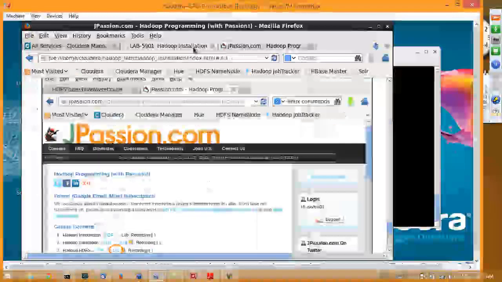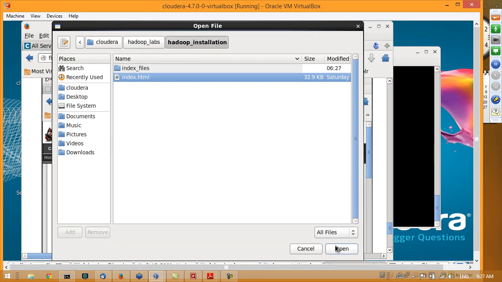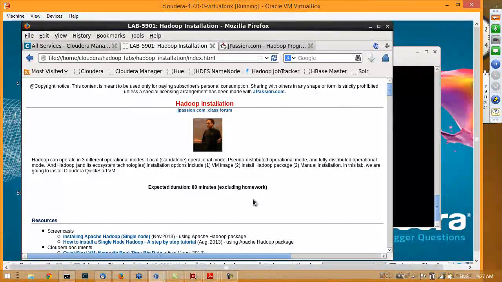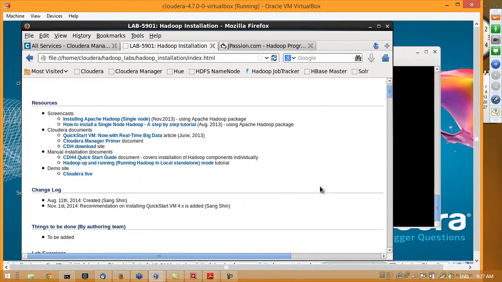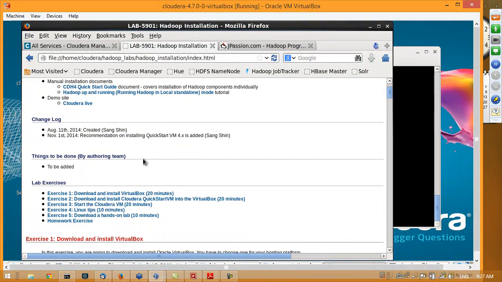Basically, what I've done is I go to Control O, and you go to Hadoop labs, and there is an index.html file in the Hadoop installation, and you just open it, and that's the lab documentation. You can open it within VirtualBox, but exercises 1 and 2 are steps that you have to do in your host operating system, and exercises 3, 4, and 5 are things that you have to do within VirtualBox. Okay. All right, so let me just make sure I